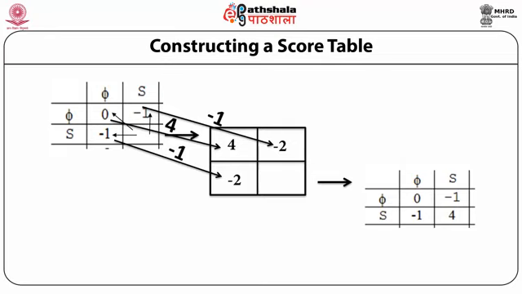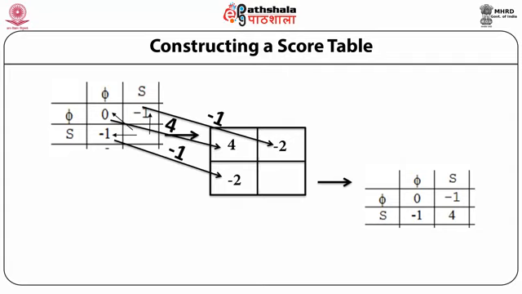The left cell and the upper cell both contain -1, therefore -1 is added to each and both result in -2 for each. Now we find the score for aligning S in vertical sequence with S in horizontal sequence using the BLOSUM62 matrix. The score is 4 and therefore we'll add this 4 to the number in the cell diagonally up on the left side. This cell presently contains 0, therefore adding 4 to 0 results in a total of 4.